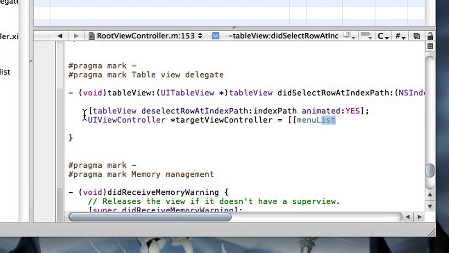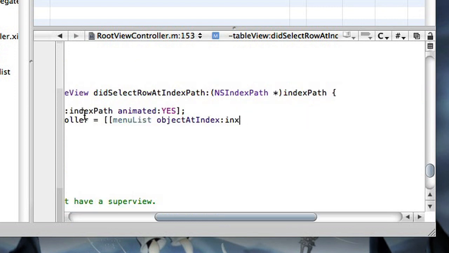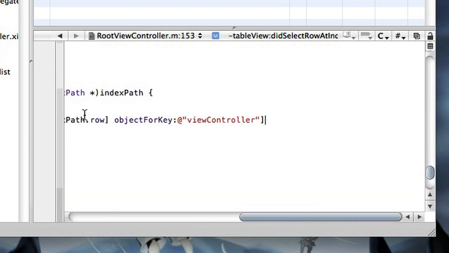So use the same method, menuList objectAtIndex indexPath.row objectForKey, capitalize that correctly, and this time we're going to be loading the object for the key viewController. Close that off,